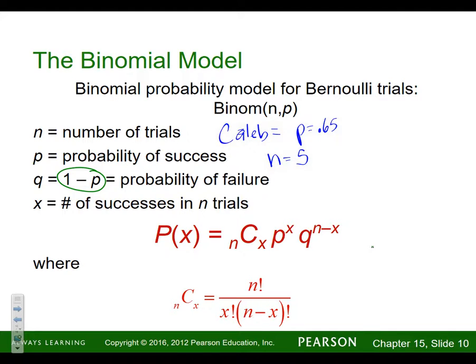So here's what I'm looking for. I'm looking for the probability that x is greater than or equal to how much? 3. Yep. So how would I do that one? Would you take the probability of 3, 4, and 5? Exactly. Correct. So I would have to do 5 choose 3,